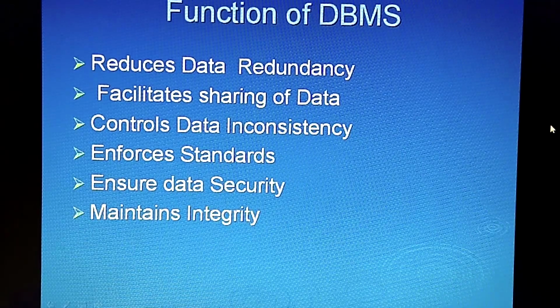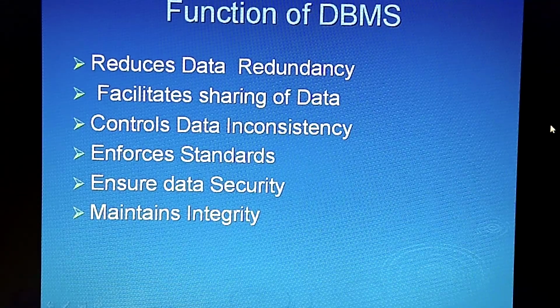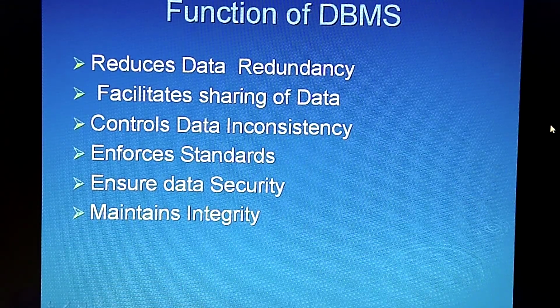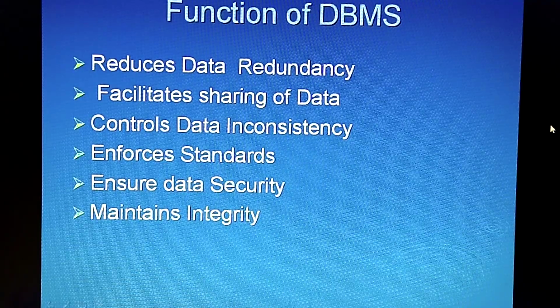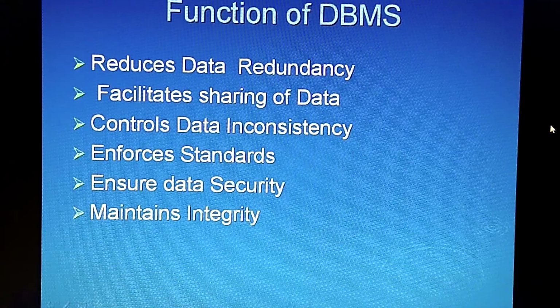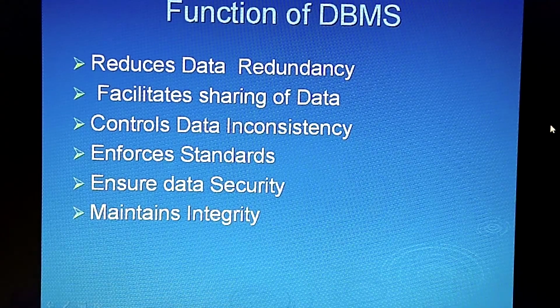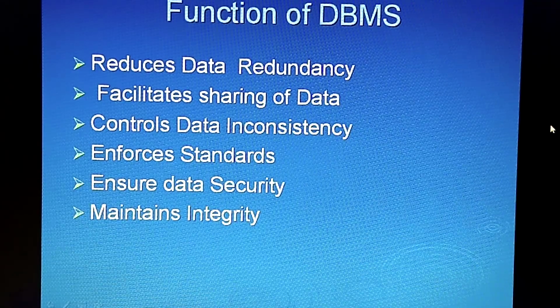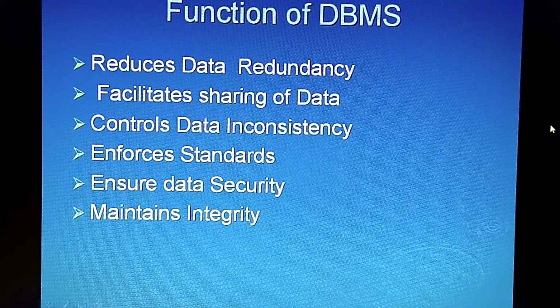Suppose I have entered the details of the roll number 5. By mistake, once again I have entered that one. So what will happen? This is called the duplication of the data. So what will happen in the database? There are some process through which you can eliminate the data duplication.